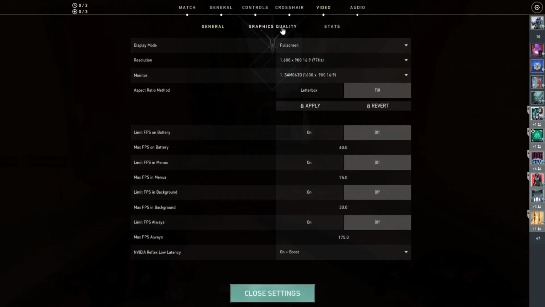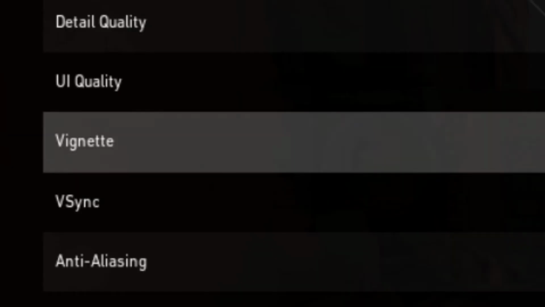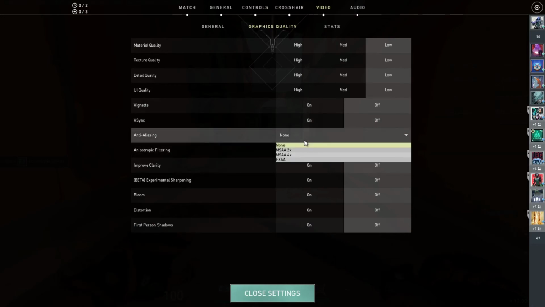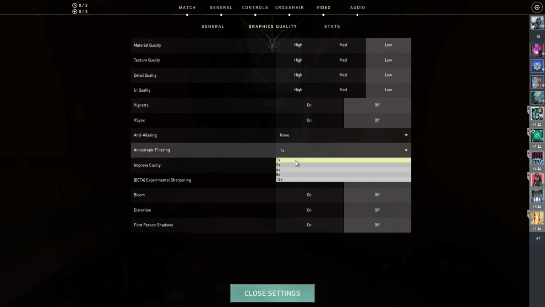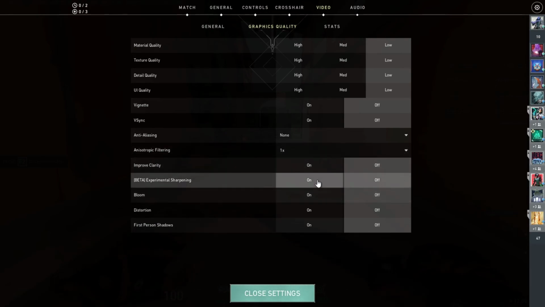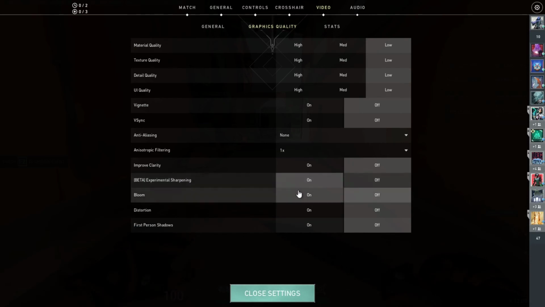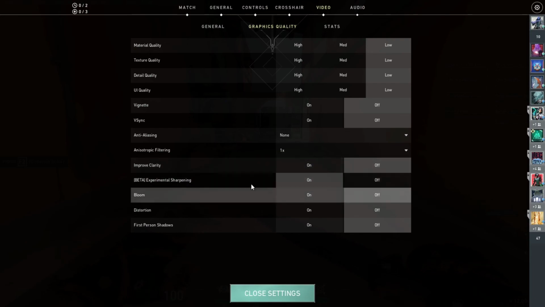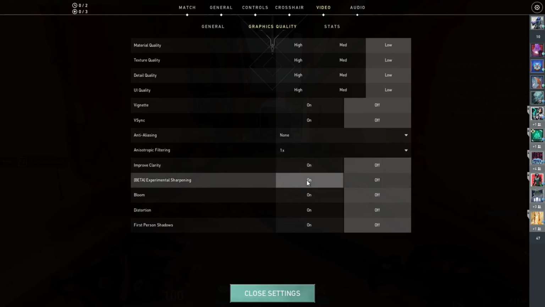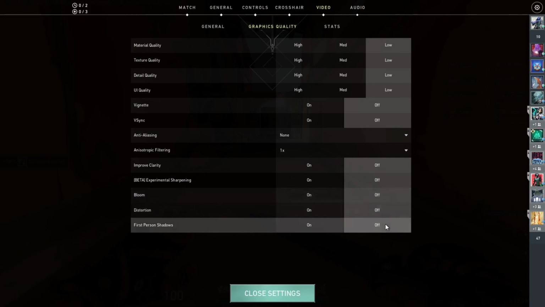Now we're moving to the graphics quality tab and turning the vignette option off, and VSync is probably off because of the game user settings. Then anti-aliasing none, anisotropic filtering 1x, improve clarity 0, it doesn't matter. For experimental sharpening, you can turn it on with the resolution scaling you set before, like the value 80 I entered. Try it out to see if it improves the clarity of your game, or just turn it off. So you're going to turn all these off, and then